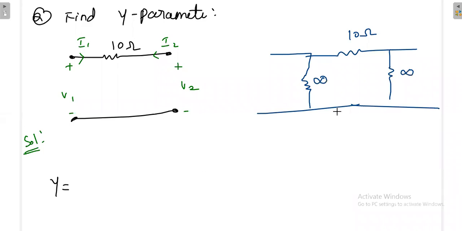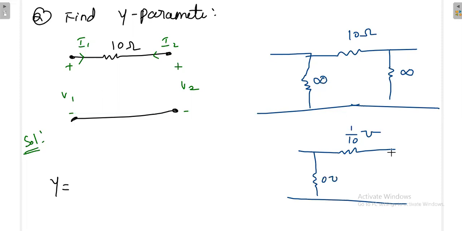And also we know one thing, whenever we are writing the admittance matrix, for simplicity, we'll represent this as admittance. Then once it is admittance, that is 1 by 10 mho. Then what is the admittance of this, 1 by infinite? That is 0 mho. What is the admittance of this? That is 0 mho. Then you apply your concept. What we will do? 0 plus 1 by 10. That is simply 1 by 10. And then 1 by 10 with the negative sign. That is minus 1 by 10. Please refer the basics. Go and refer pi network basics. Okay, minus 1 by 10.